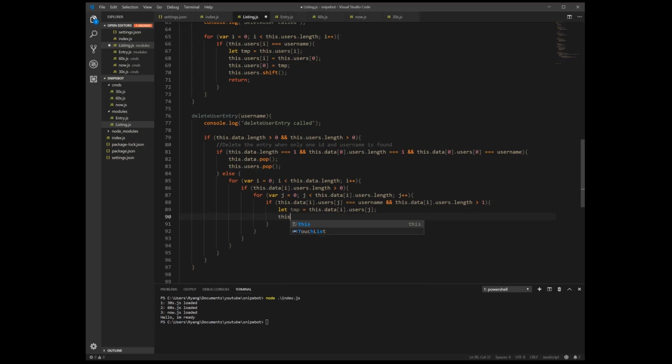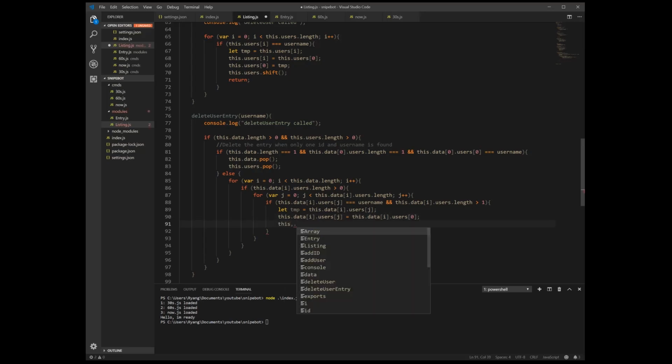So then this.data[i].users[j] will be equal to this.data[i].users[0]. Same thing we did here, right? We're just switching the values around. Then we're going to put in, obviously, this.data[i].users[0] is going to equal our temp value, and then